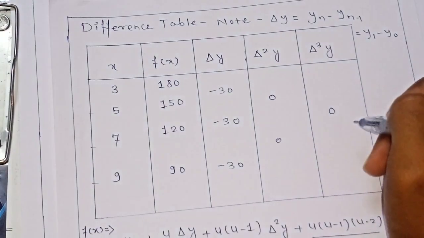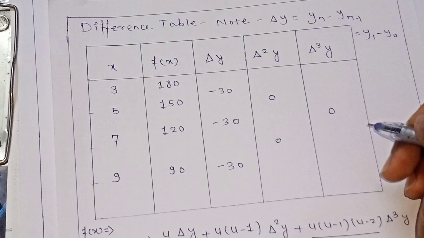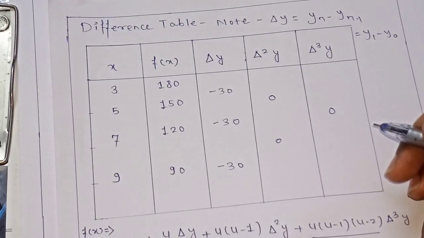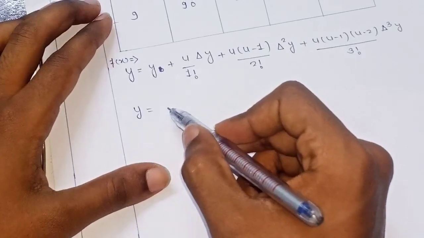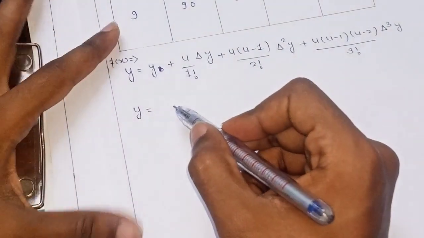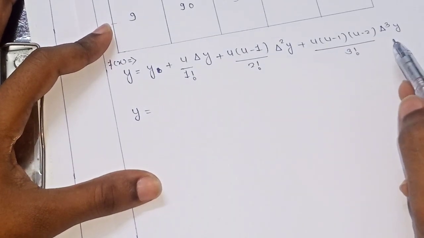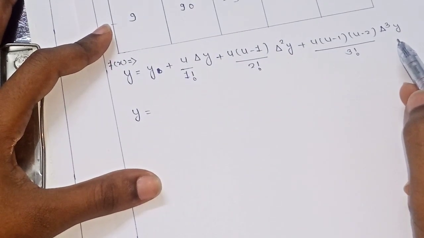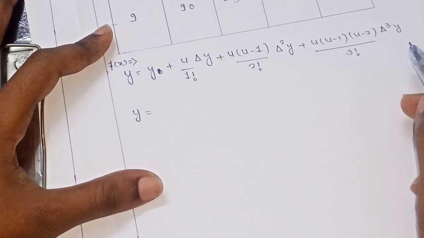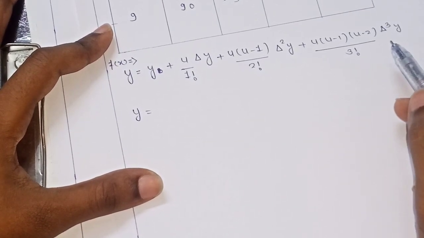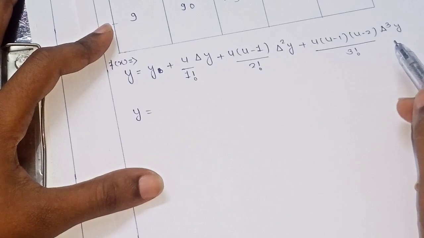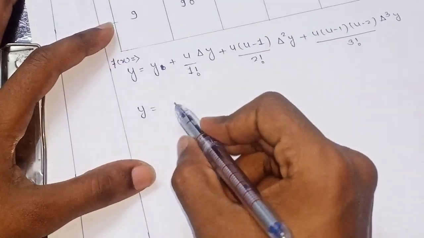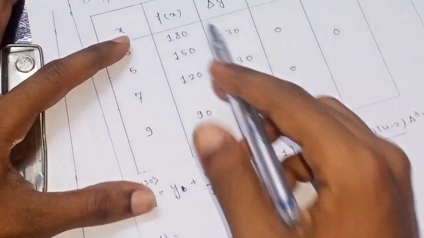We do not need to calculate further, but we have to find the last possible value of the difference in the forward difference formula. To find the value of y, the Newton forward difference formula goes up to the third order difference, because our last difference was 0 and the other differences here will also be 0. Therefore, our Newton forward formula is limited up to the third order difference. Now we know the value of y0, that is 180.